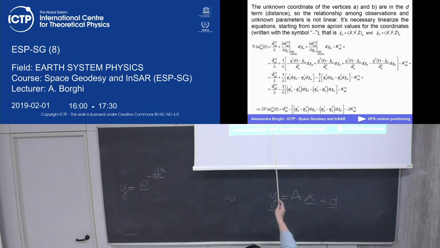Okay, you can see we have a distance, and we have something like this. So we have to calculate the derivative with respect to this coordinate, and we have this quantity. It is in terms of vectors to simplify, but you have to see it for each component. And one, I mean the satellite, two means the number of the satellite, of course. And so at the end, you can find a linear relationship between the observation and